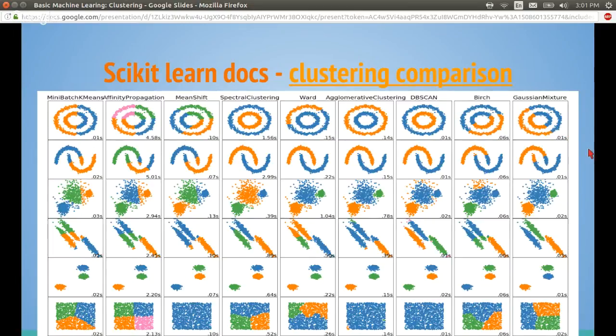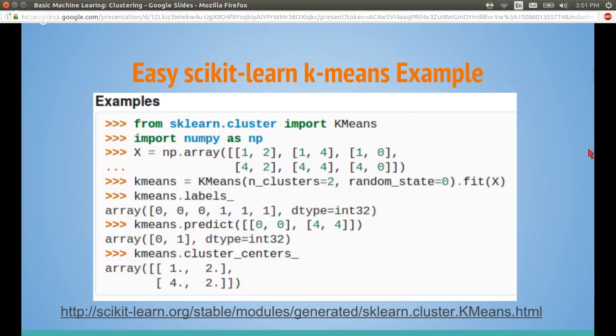So there's a point that's made here that this is, again, a method of trial and error. You've got to see what algorithm does the best on your data. It kind of reminds me of the explain versus predict thing, because there may not just be one answer. Now, we're going to get into scikit-learn, and